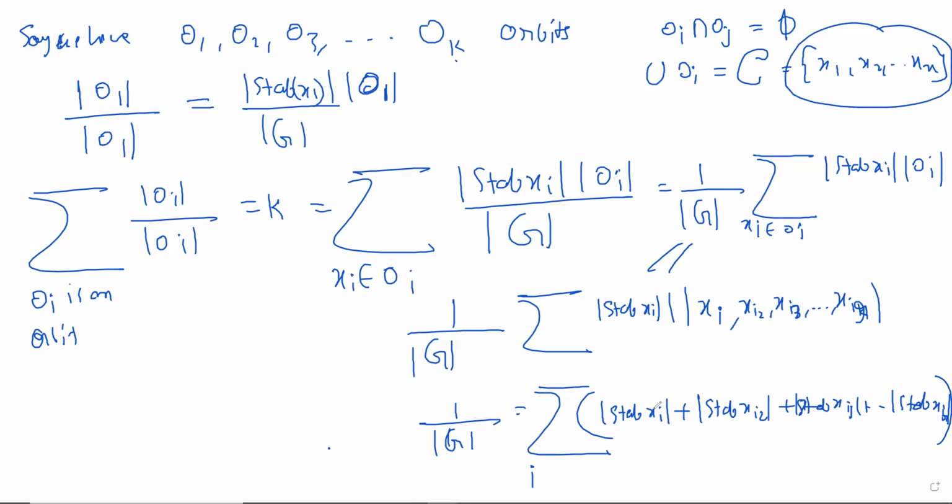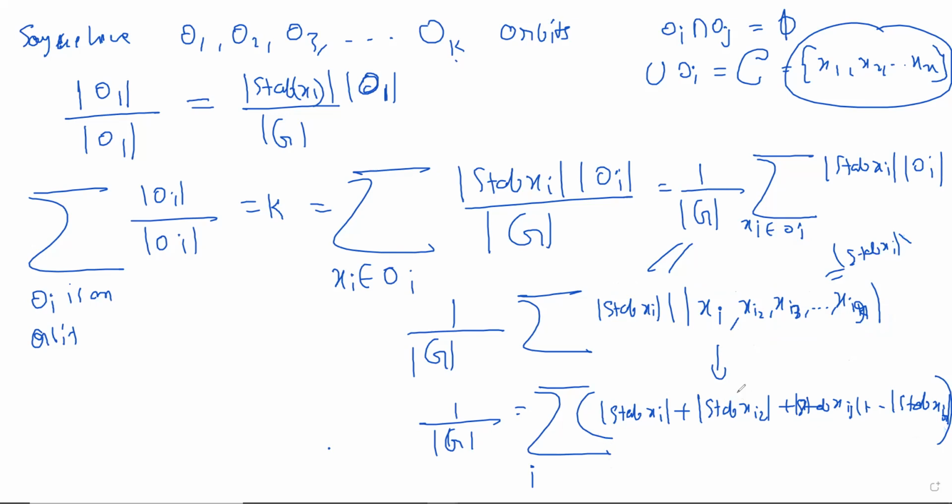Right now, if I change the I, I go to a different orbit. In that orbit, for every element, I can add up the sizes of their stabilizers. Okay, is this step okay? If these are in the same orbit, then the size of the stabilizer of x1 is the same as the stabilizer of this, same as the stabilizer of this. Right, the size is the same, isn't it? The size of this guy here would be the stabilizer of xi times r, and that's what I've written here. But their sizes are all the same as the stabilizer of xi, so it's the same thing. Is this part clear?